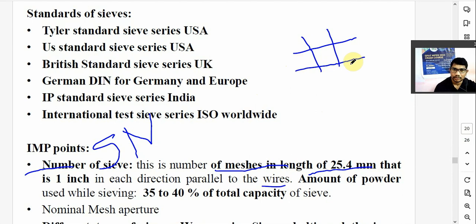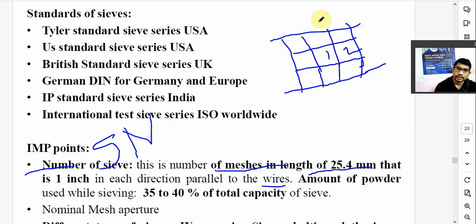जैसे ये एक मैश हो गया, यहाँ पे और एक लाइन ड्रॉ करूंगा तो यहाँ पे 2 मैश हो गए, यहाँ पे और एक डालूंगा तो 3 मैश हो गए, यहाँ पे और डालूंगा तो 4, 5, 6, है ना। सो नंबर ऑफ मैशेस पर स्क्वायर इंच, एक स्क्वायर इंच में कितना मैश है, 1 2 3 4 5 6, और अगर ये एरिया 1 इंच का एरिया है